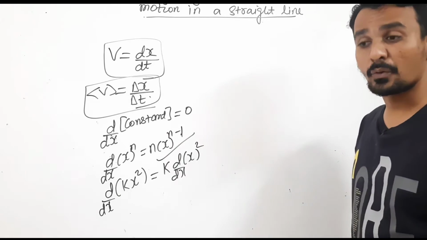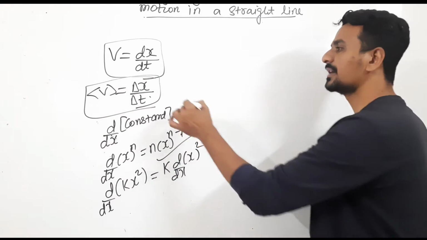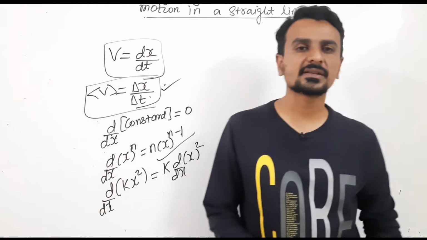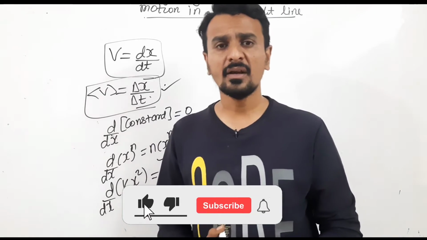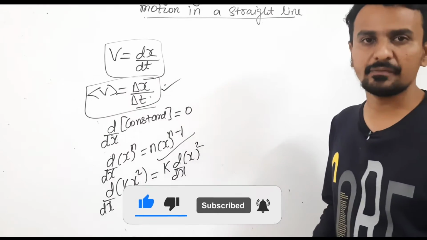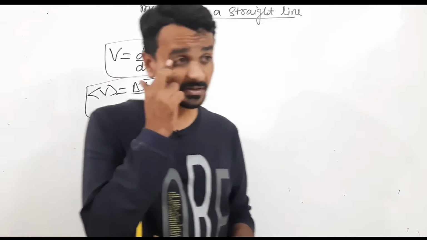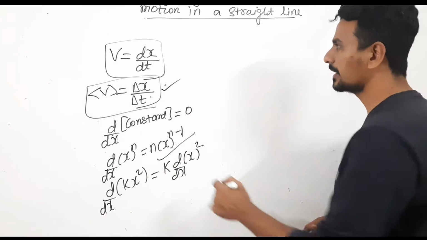Whenever 2 instants of time are given in the question, that means you have been told to calculate average velocity. And if they say calculate the velocity at any particular second, that means the 5th second, or calculate the velocity at the 3rd second, that represents instantaneous velocity, right? So in today's video we'll discuss 2 to 3 questions based on average and instantaneous velocity.